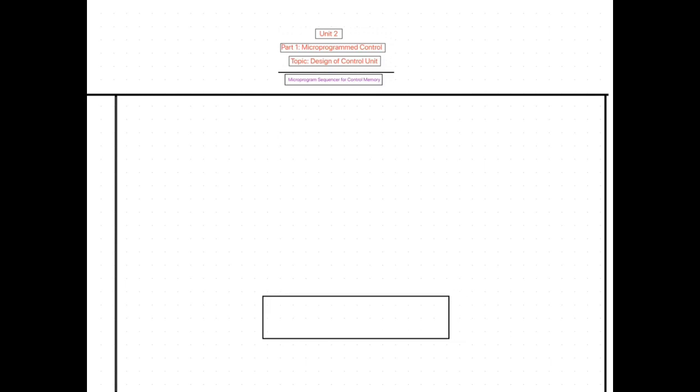In this control memory, what are the fields we have got? F1, F2, F3. The other fields are CD, VR. The final field is AD, which is of size 7 bits. Now there are two multiplexers associated with it. I am taking two multiplexers.